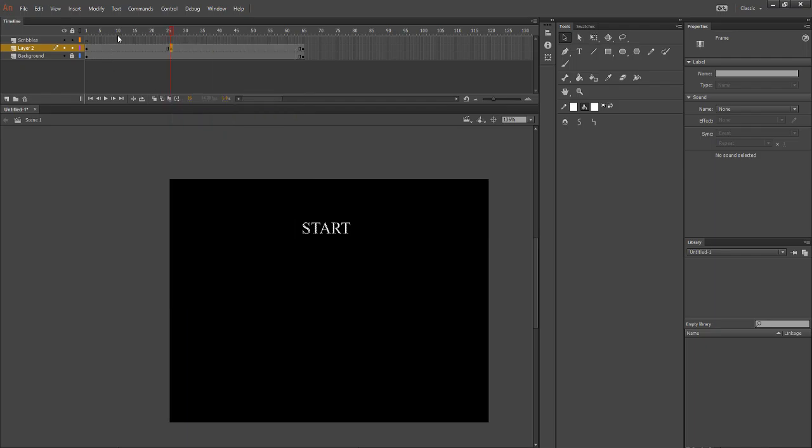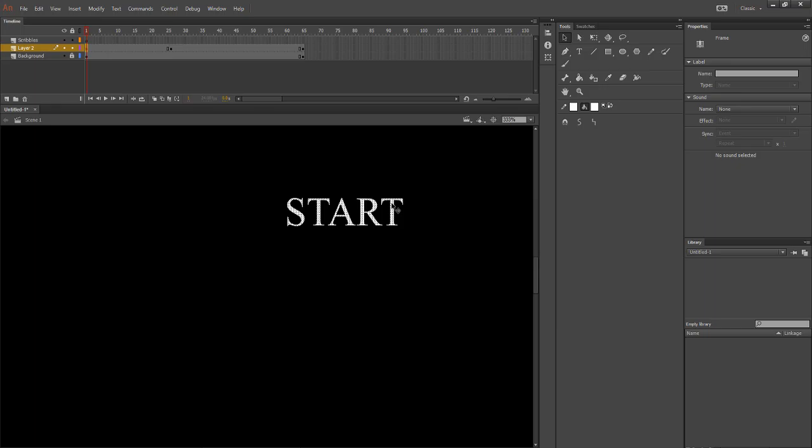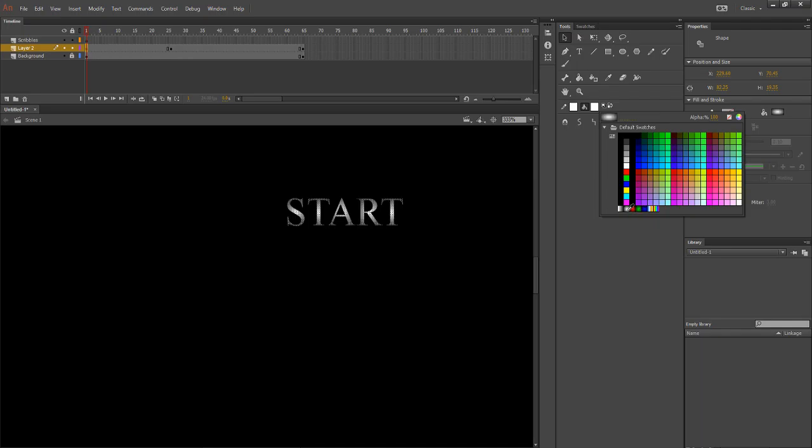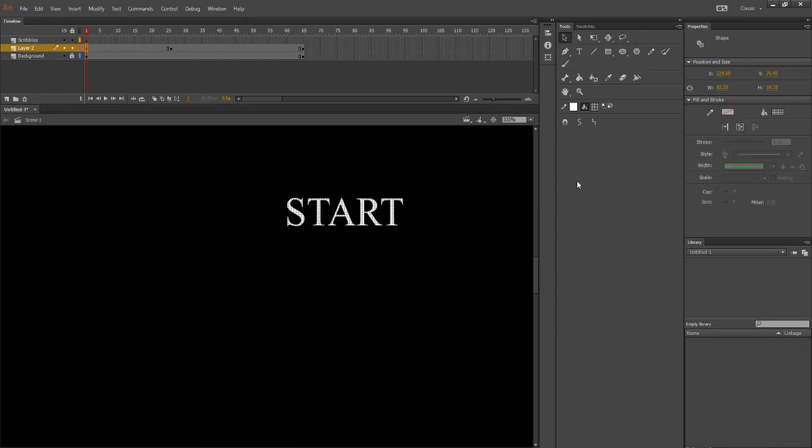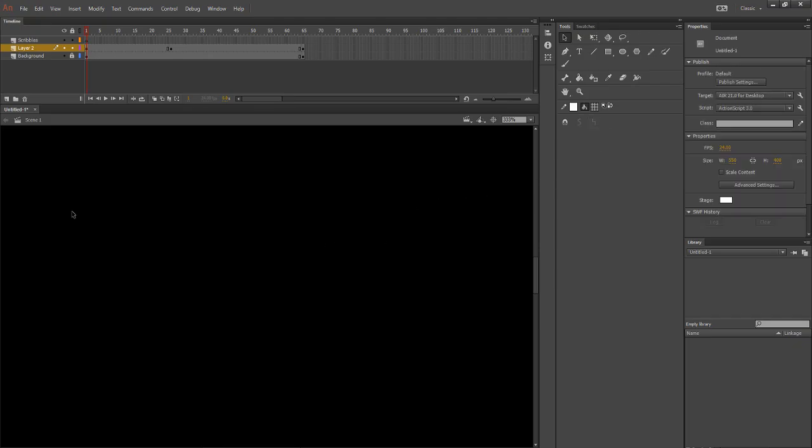Create keyframe. This one, alpha down to 0. Okay.